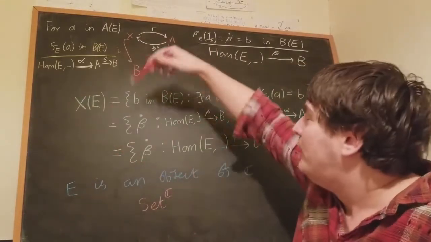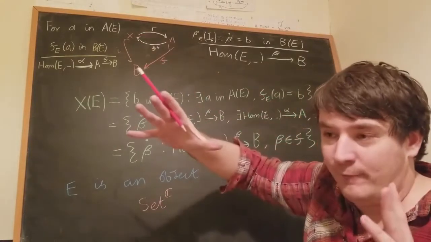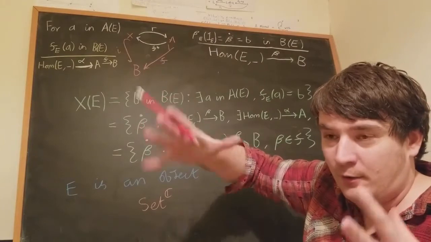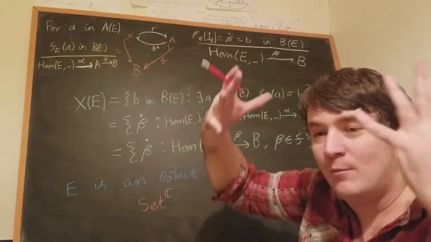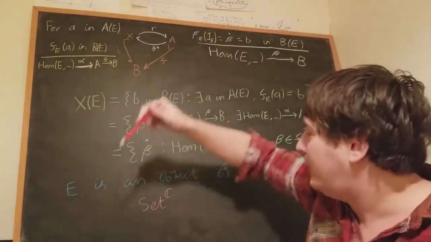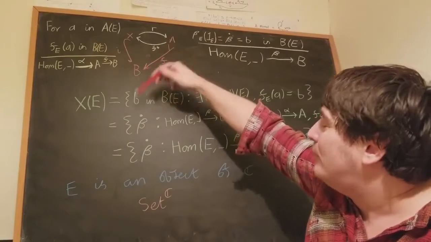Okay, so B here is really a structured collection of sets, one set for every object of the category C, and these functions between, which we can think of as